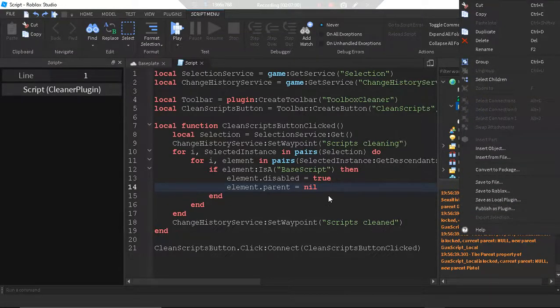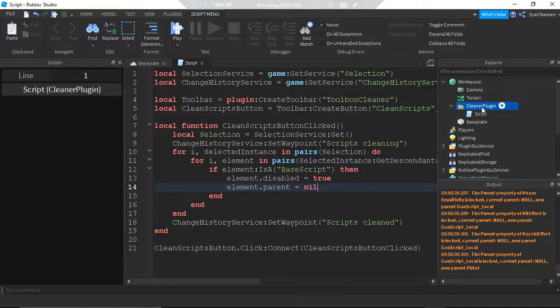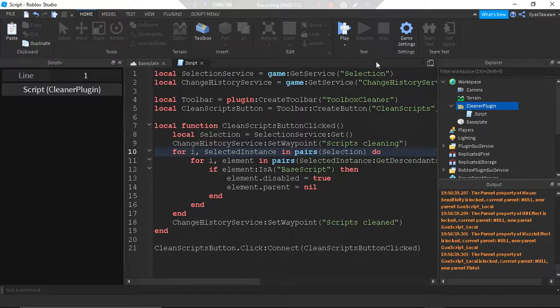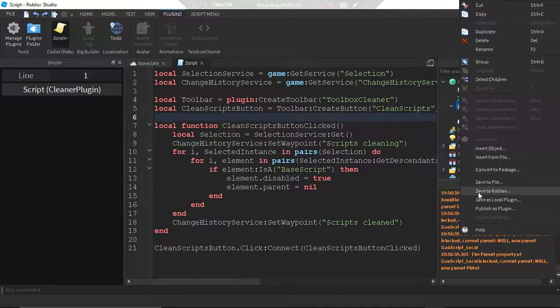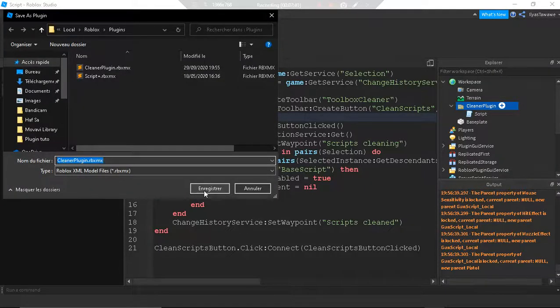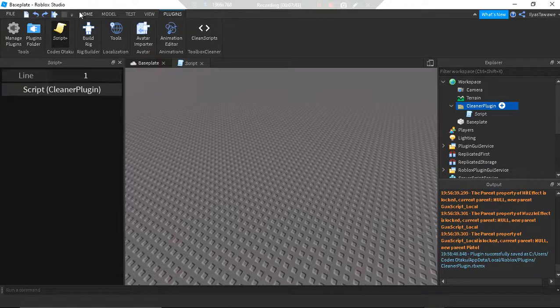Anyway, it's not the best way to do things. It's better to destroy your scripts, but hey, we can do that with ChangeHistoryService right here. Maybe I can do something like a finalize destroying button for scripts and put it in the plugin toolbar, and I'll keep track of the elements that I parented to nil, and then when you click that finalize button, I just destroy them. I'll make sure to destroy them, not just parent them to nil. But anyway, if I save this as a local plugin,